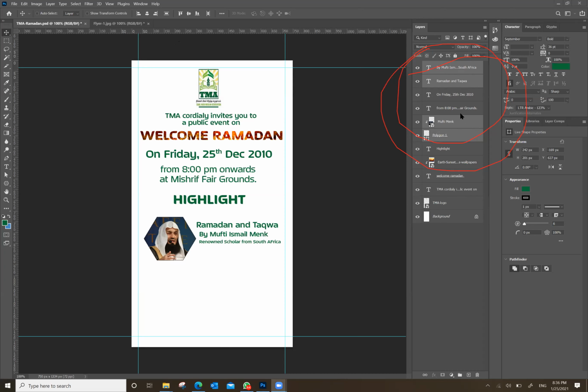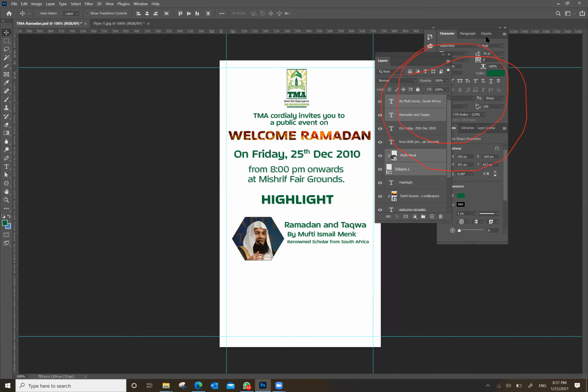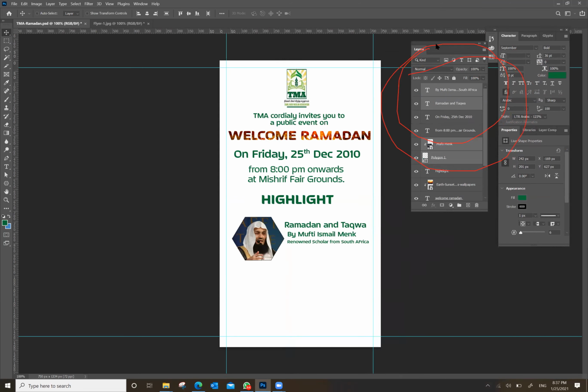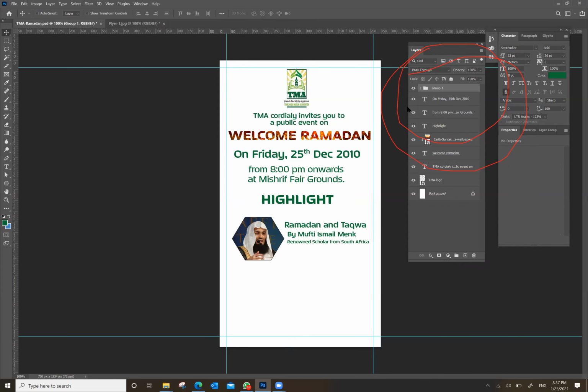After that, if you look down, there is one folder-like icon at the bottom of that panel. Let me bring this panel out independently. If you click this folder button, it will put the whole thing into one folder.